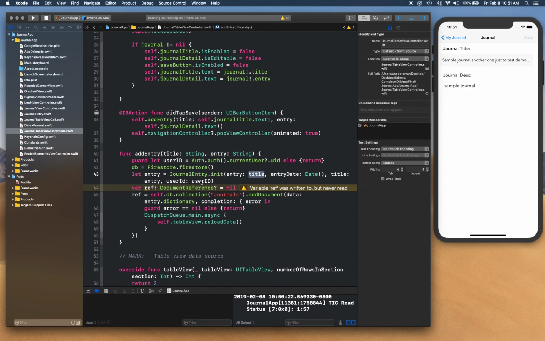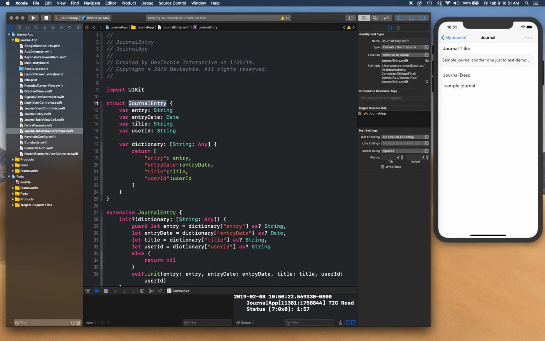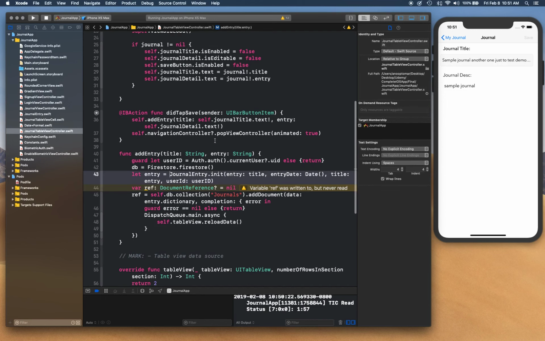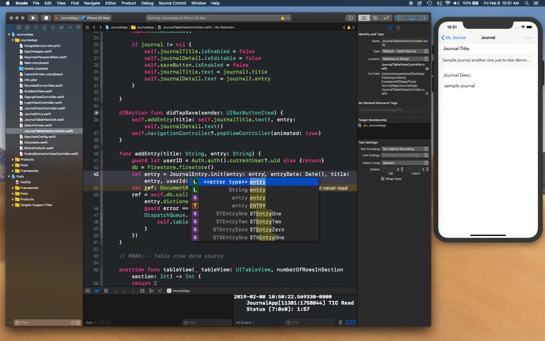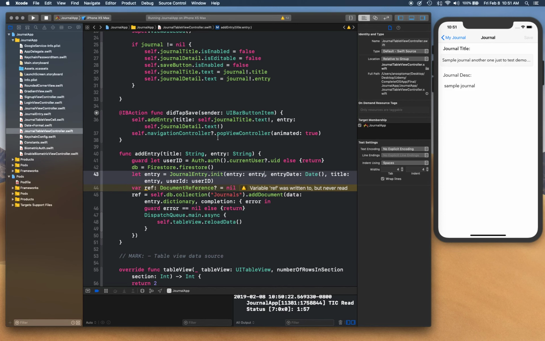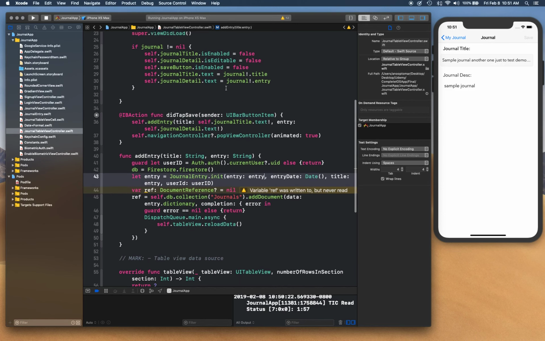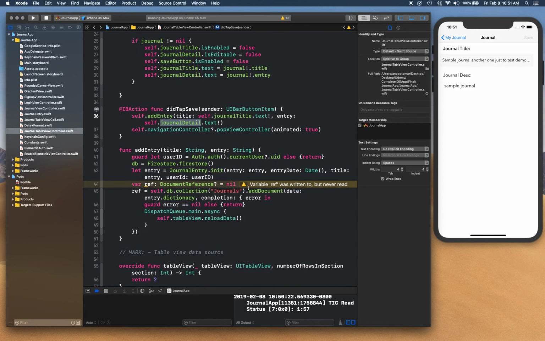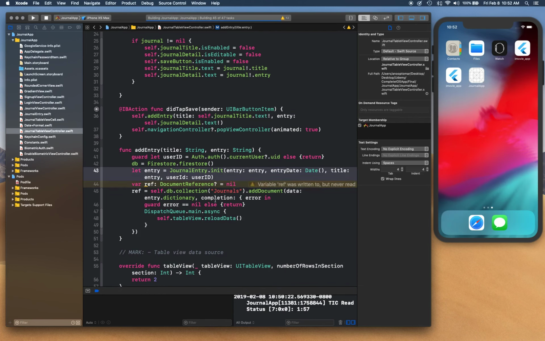Okay, so I guess search journal entry. Let's see. I think this is where we are making the mistake. Entry is your description. So I guess this should be entry, and the entry that we are supplying here, right here, details, and the title should be title. Okay, so let's go ahead and fix that, and